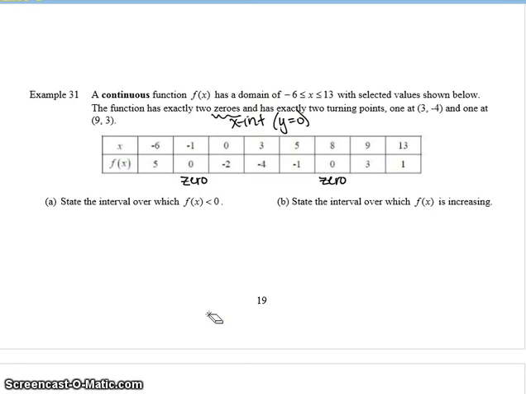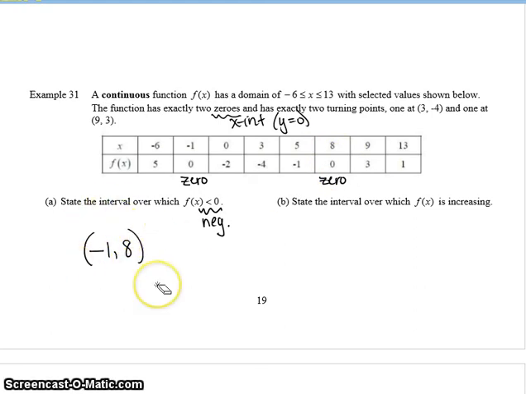Okay, so state the interval for which f of x is less than 0. Less than 0 means negative. So look at your table of values. When is it negative? Okay, it's negative right here. So it's between -1 and 8. Okay, so between -1 and 8, they have to be smooth. Why do they have to be smooth? Well, it's not equal to 0. If it said equal to 0, then you can include the -1, which would put a square bracket on this side. Okay, it is not equal to 0, so you cannot include the 8, so you have to use the